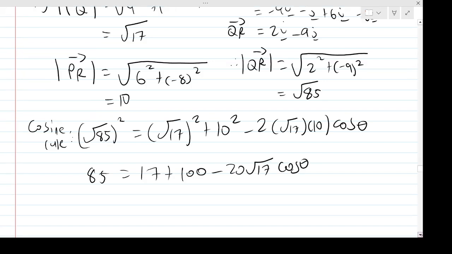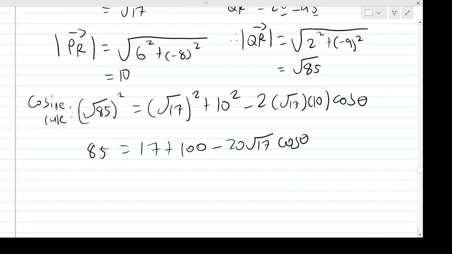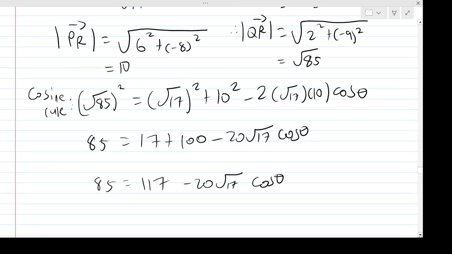Then I can add these numbers together to simplify some more. So 85 equals 17 plus 100, which is 117, minus 20 root 17 cosine of theta. So then 20 root 17 cosine of theta is going to be